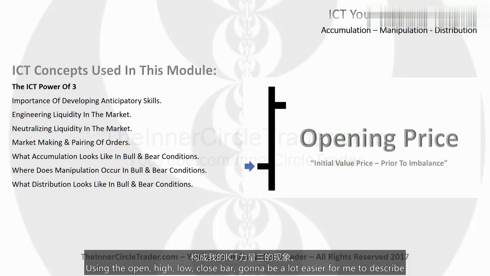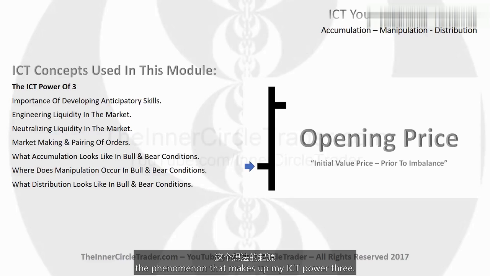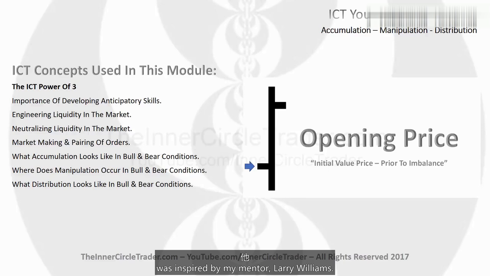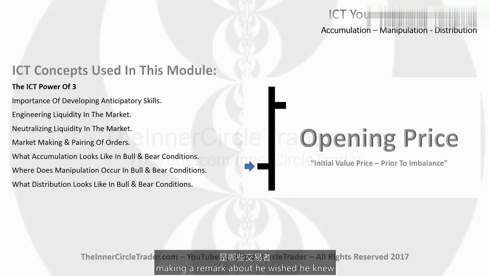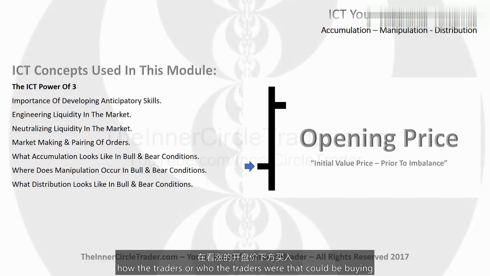Using the open, high, low, close bar, it's going to be a lot easier for me to describe the phenomenon that makes up my ICT Power 3. The origination behind this idea was inspired by my mentor, Larry Williams. He made a point in one of his lectures that he ended up repeating for a number of years, remarking that he wished he knew who the traders were that could be buying below the open or selling above the close on bullish